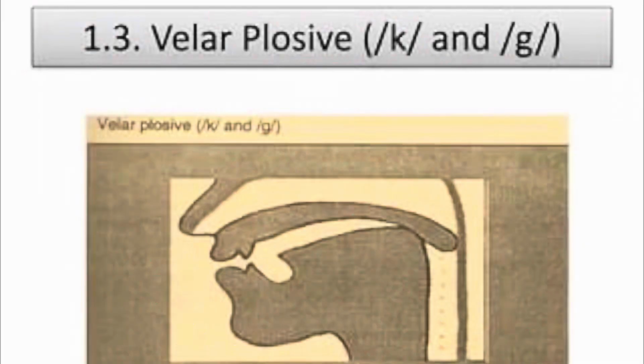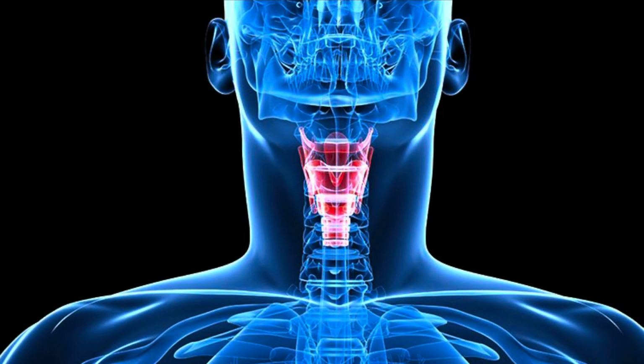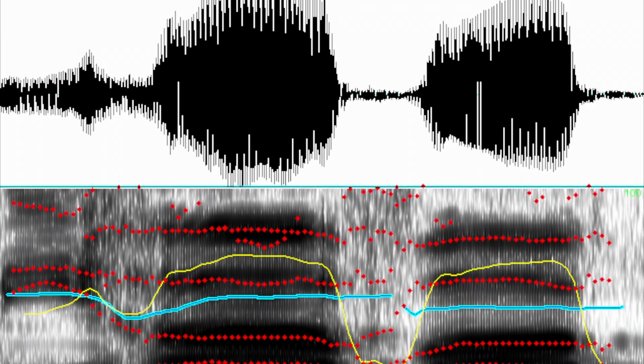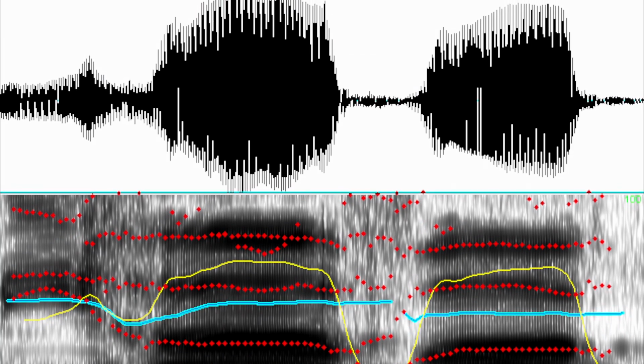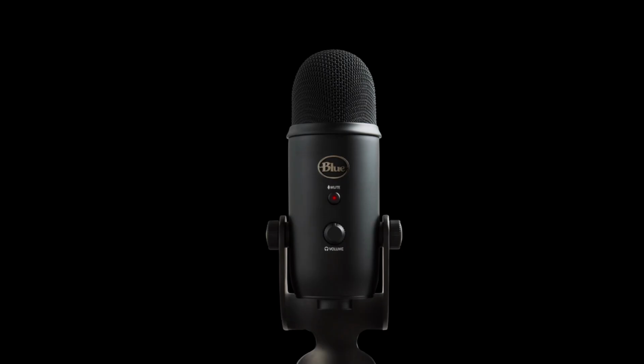Phonetics and phonology is the study of the sounds of language. You will learn the differences between k and g, and that the main difference between those two sounds is whether or not you're vibrating your vocal cords. Then you'll learn to look at a diagram like this and be able to tell by looking at the sound waves what words were being said into a microphone.